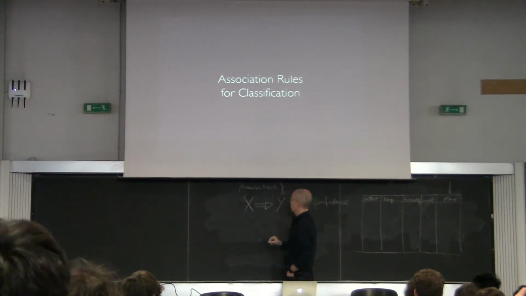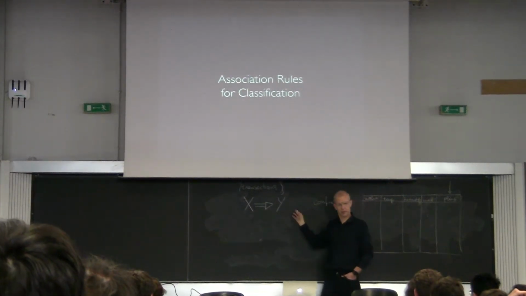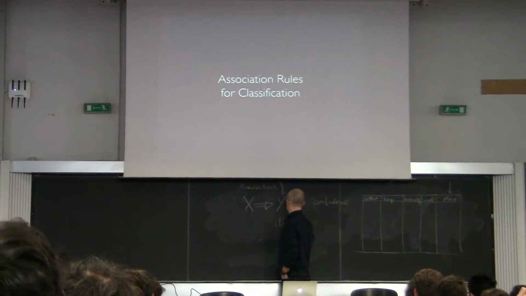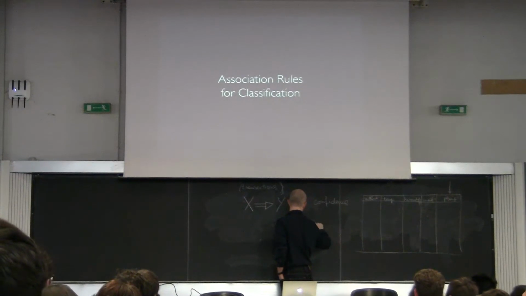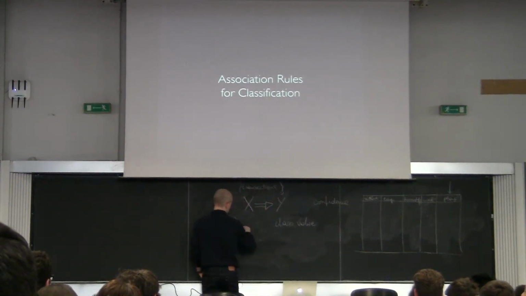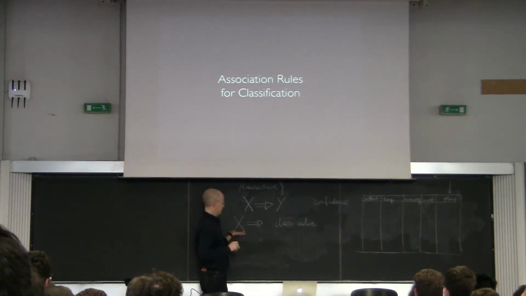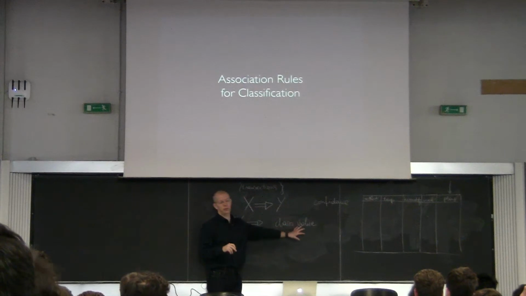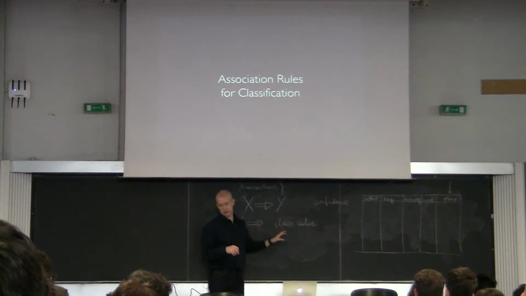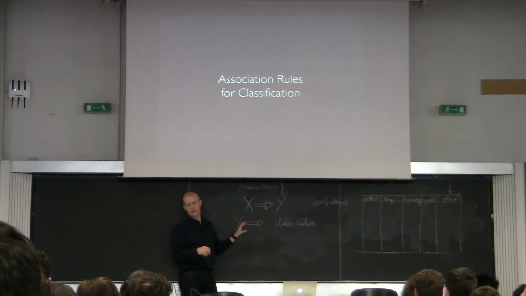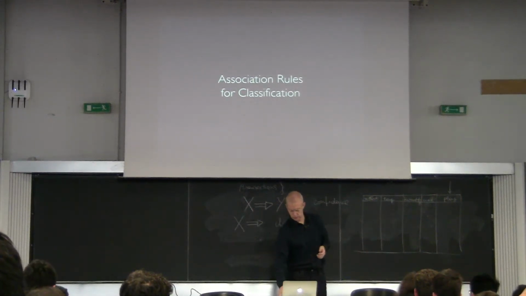But at the same time, what you can do is say, you know what, stop. I'm not going to consider any possible Y here. I'm going to consider the class value. Now, if I consider the class value, I'm looking for something that says, when you find this, very often your class value will be this. Okay? So this makes this not really an association rule, but basically a classification model. Okay? And so that was what they generated